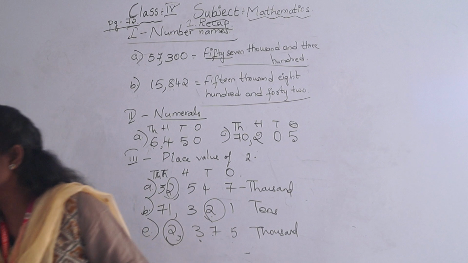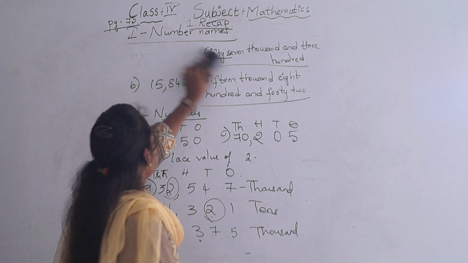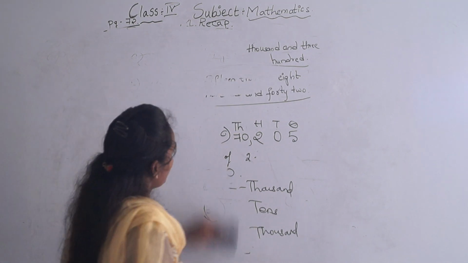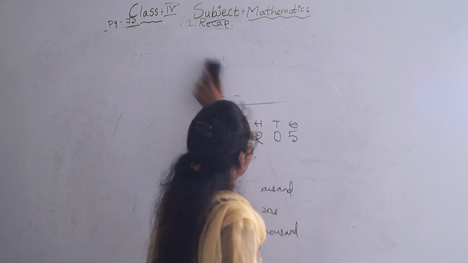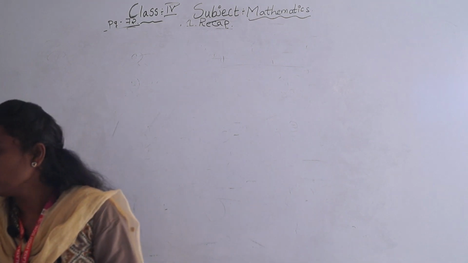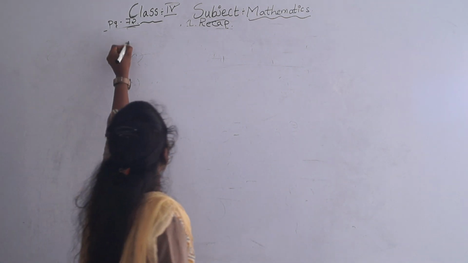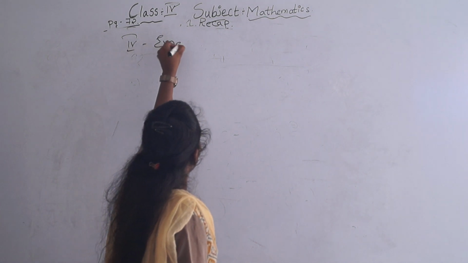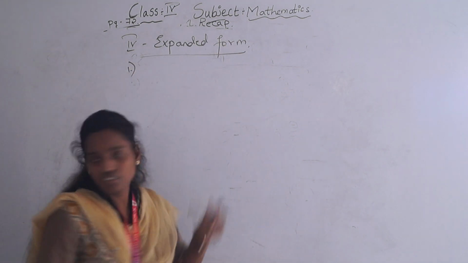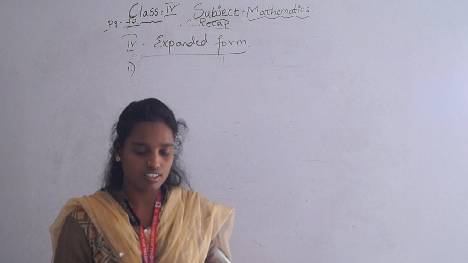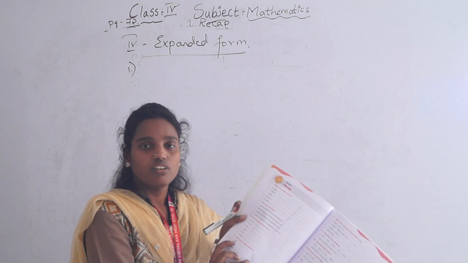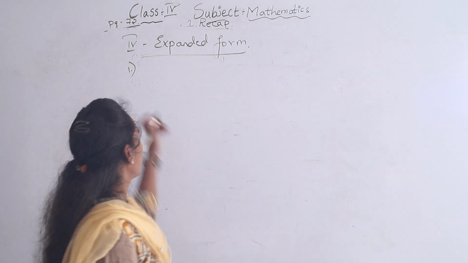Okay. Now coming to the fourth bit. So that is expanded form. Very easy, no, for you. You will be enjoying expanded form. Children, you will write easily while counting the numbers, keeping the zeros. So our fourth bit is expanded form. So what number is given? Here the number is to be written in expanded form. See page number 72, fourth bit. What is the A? 1, 3, 4, 5.